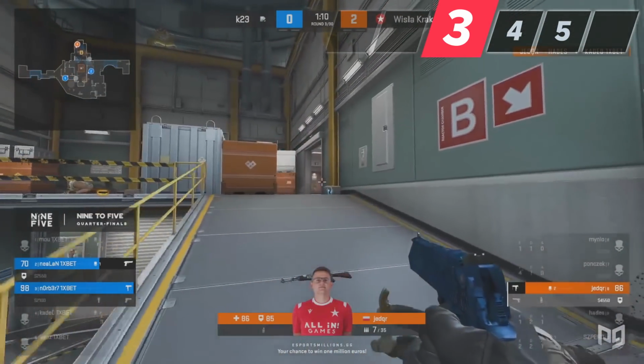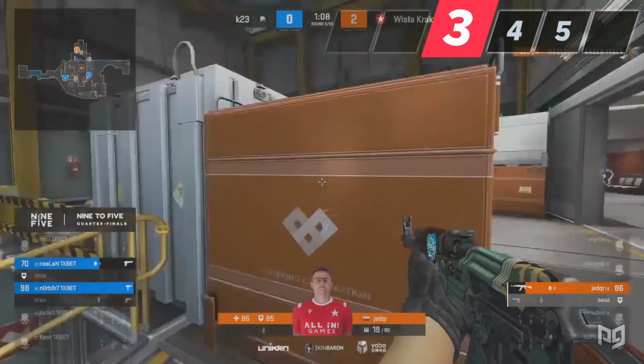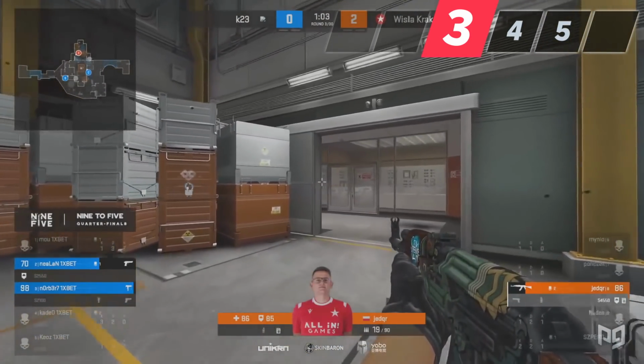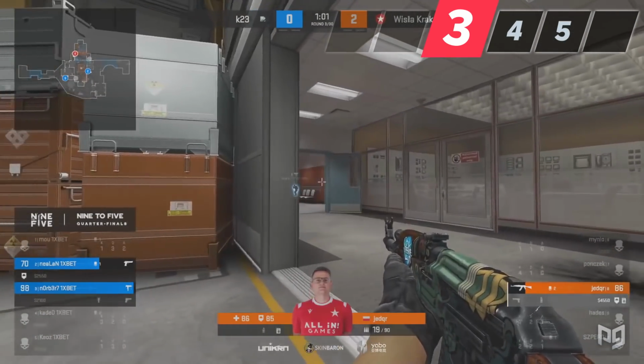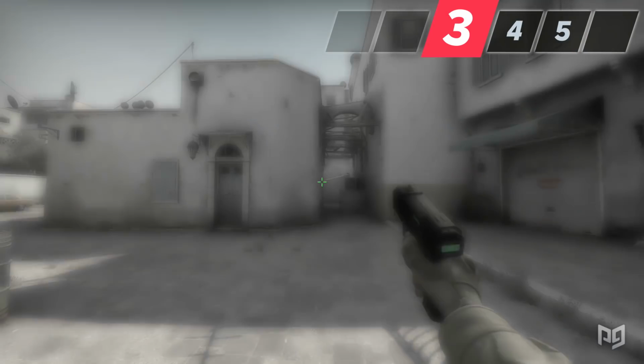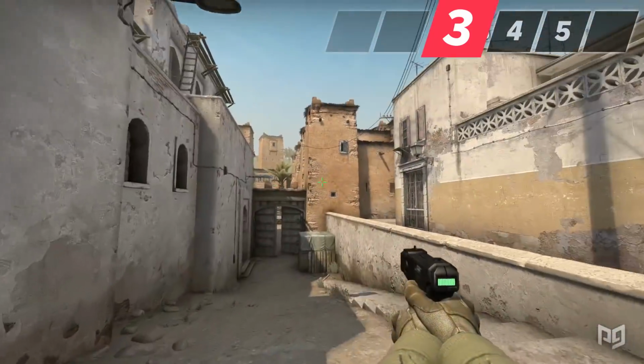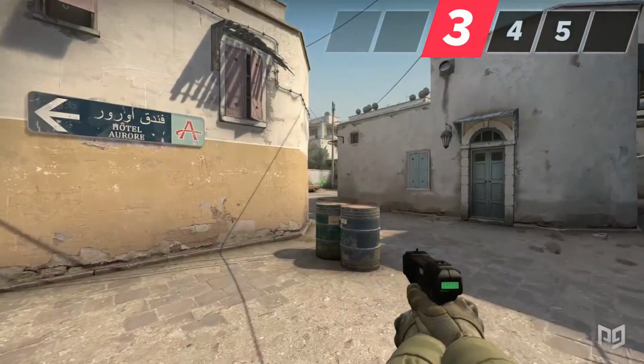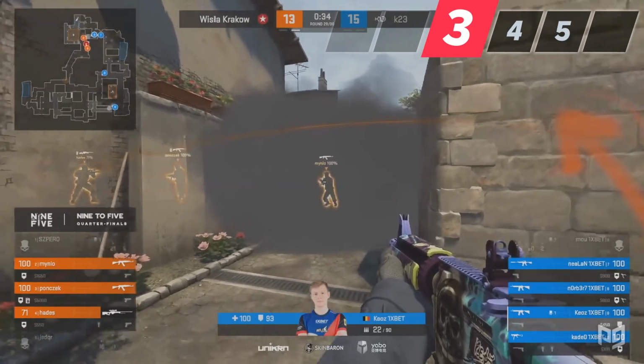The defuse kit, which is only available on the CT side, will halve the time you need to defuse a bomb, from 10 to 5 seconds, which is extremely useful. And finally, the Zeus is just a funny gun that has a single bullet and will taser anyone that dares to come close enough. Nonetheless, it's a pretty difficult gun to use though, so I wouldn't really recommend buying it,